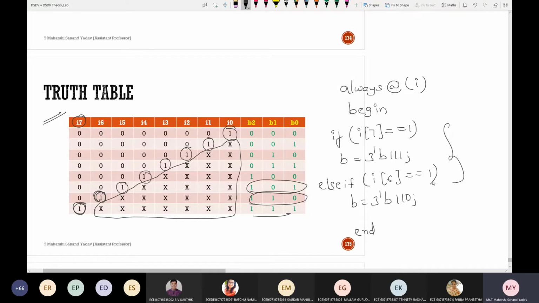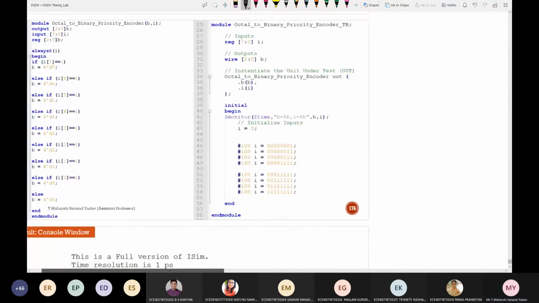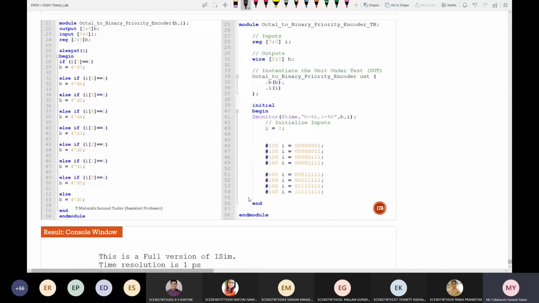Please try it, and if you are still facing issues, please tell me. I'll share the code also, which is already synthesized and simulated. The only part that you have to change is this portion, according to the requirement.